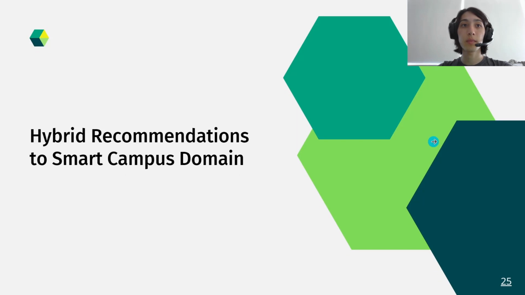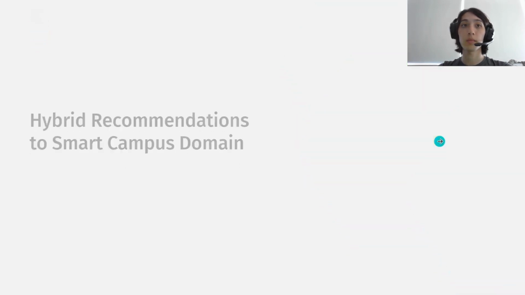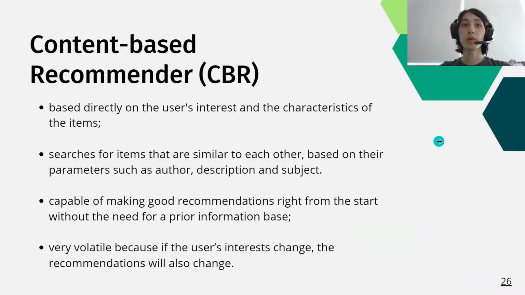Now, in this section, I would like to present the techniques and algorithms used in the project, as well as its functioning and architecture. But how do recommendation systems work? How do they know what type of information a particular user will be interested in? Their functioning is associated with filtering techniques, which are algorithms responsible for connecting users, information, and items and determining the similarities between them. There are several types of filtering,